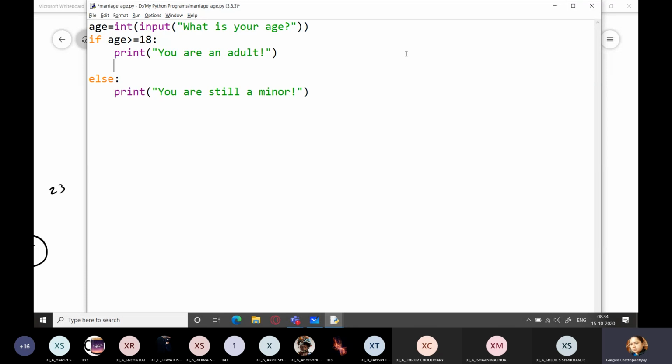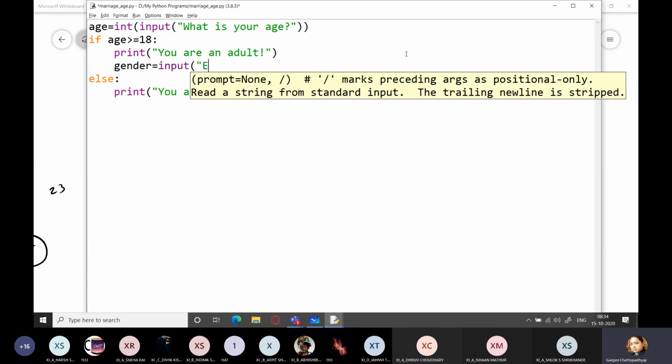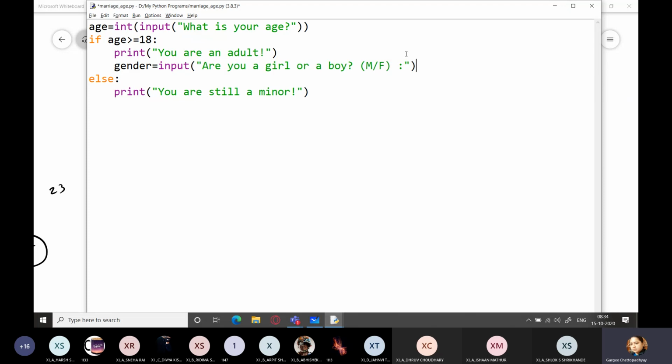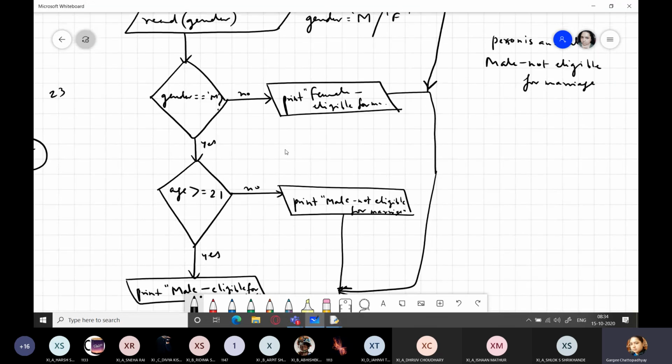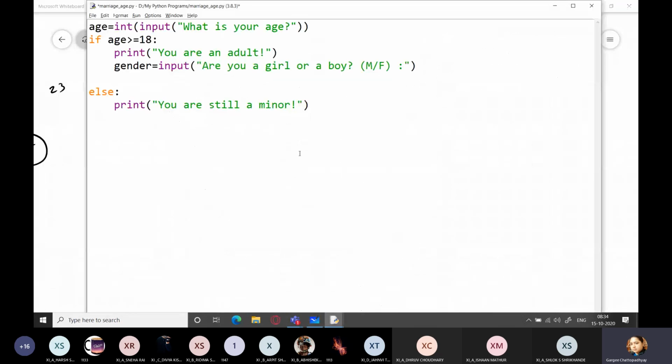So after this line, I'm going to again ask for a value. Input: are you a girl or a boy? Enter the gender. So I'm just going to write M/F because I need to tell the user what he has to enter. And after this, you can check over here what we are checking, whether gender is male or female.